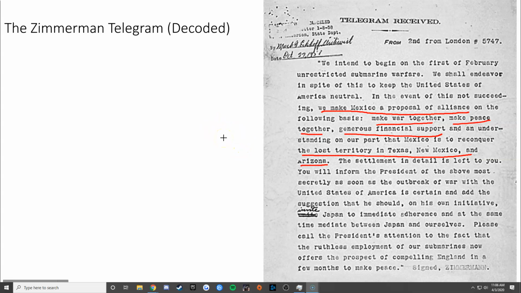So this was an effort by the Germans to get another ally, and hopefully that ally would help them to defeat the United States. So obviously Americans, when they read about the Zimmermann note, and this is one more step towards bringing the United States into the war in Europe.